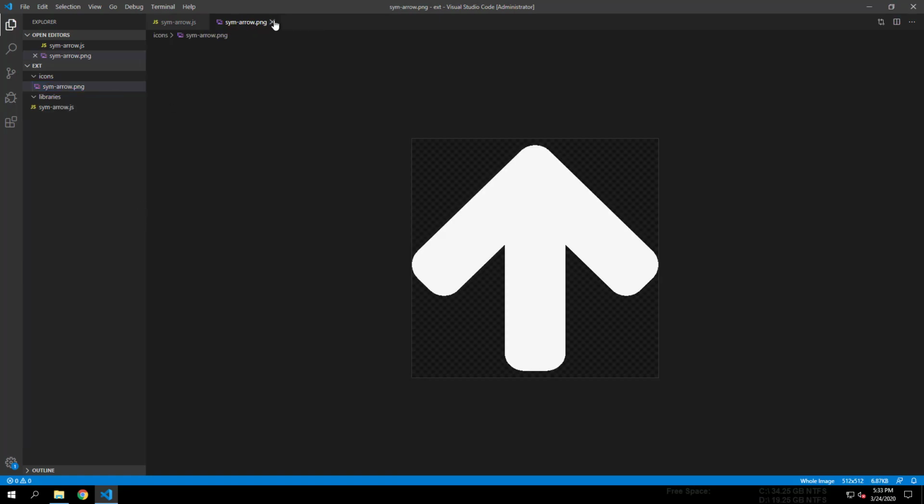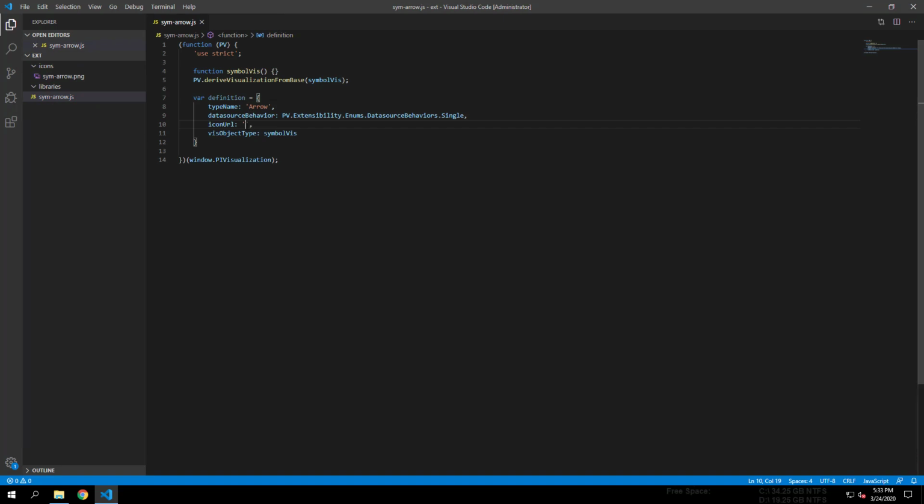Folders and files within the extensibility folder are public static files that can be served by the PyVision application with a simple GET HTTP request from the browser. The URL of these files matches the folder structure within the PyVision installation folder. We'll use the relative URL to this file as the value for the icon URL property.